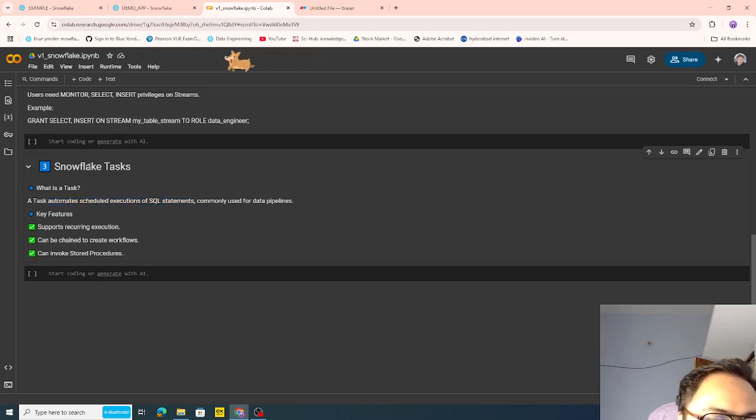A Snowflake task is basically a cron job that you can schedule or run on demand, and it is nothing but a sequence of SQL statements or procedures, and stored procedures are nothing but your SQL statements. So it supports recurring